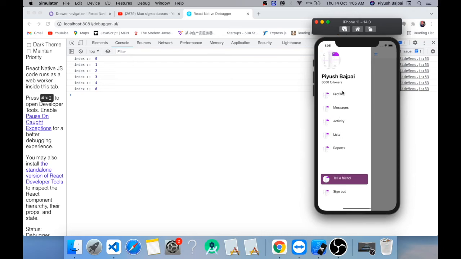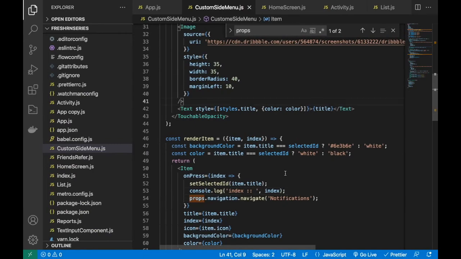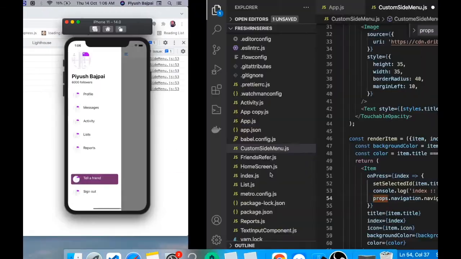Here you can say we have again 0, and then we have another one. But for now we have to use these items, right? Why is this item giving 0? Because this item is a different one, related to a different flat list. So right now I'm focusing on this, so I have 0, 1, 2, 3, 4 indexes. So using this index only, what I have to do is fetch the name.